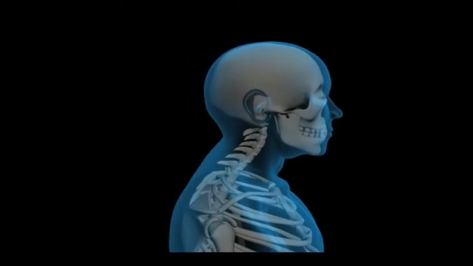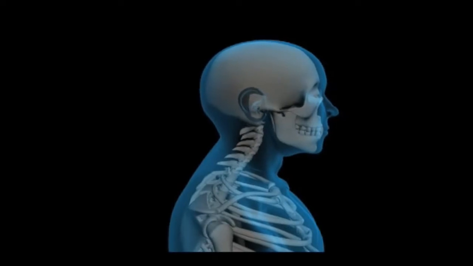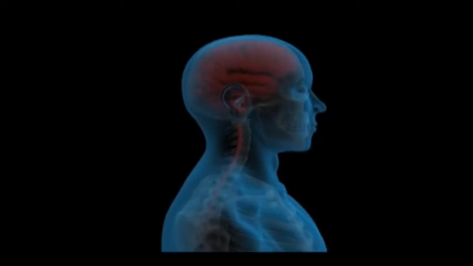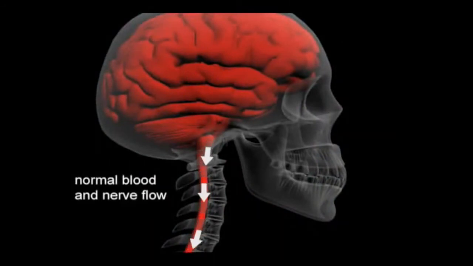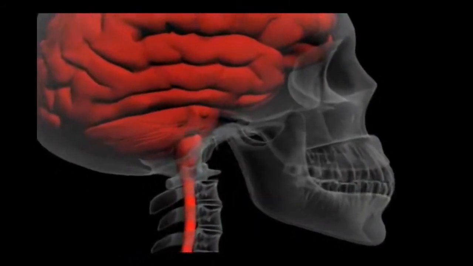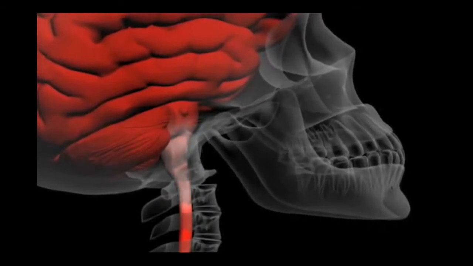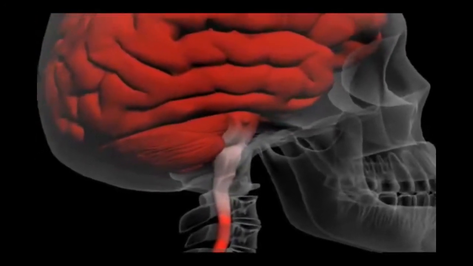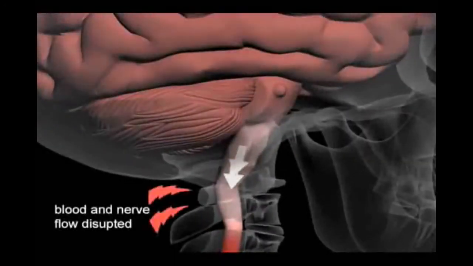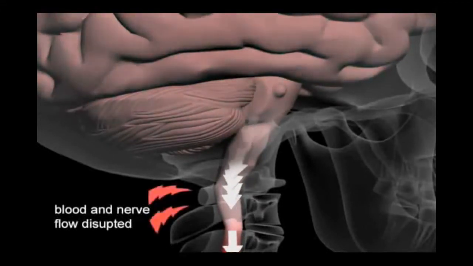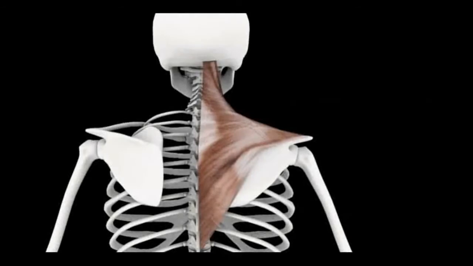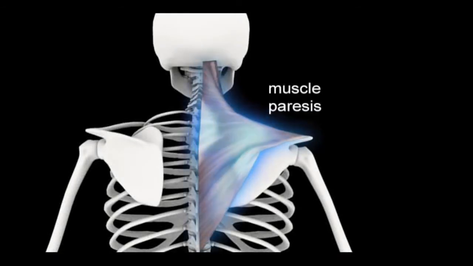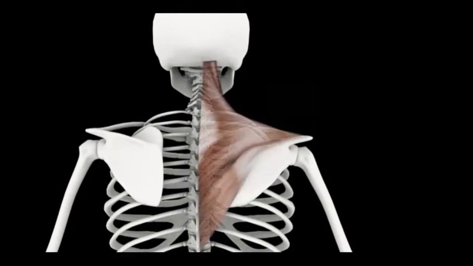If the tethering force is great enough, any nerve aligned in the tethered area will undergo a state of neuropraxia, or motor paralysis, ischemia, or reduced blood flow, and inflammation. The affected nerve cannot function normally. When the nerve involvement includes the spinal accessory nerve, impaired function of the trapezius muscle occurs, and consequently the shoulder